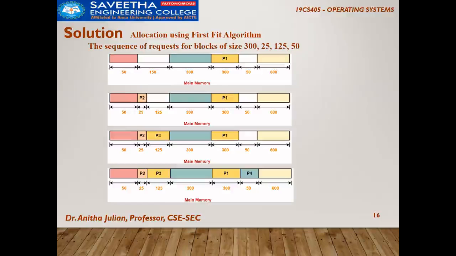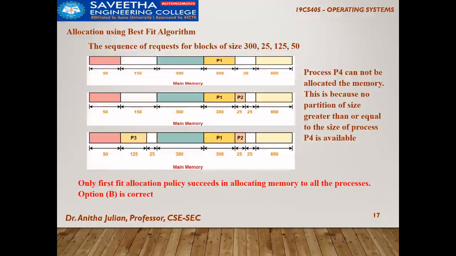But we have to try all the methods to find the answer, or at least first fit and best fit. Those are the two choices given in the question. So we will try best fit. If I take best fit, I have to look for the slot which is most fitting for the first process. 300 cannot be fitted in 150, so obviously it will take the same position. We'll fit P1 in this second free slot. 50 will be remaining.